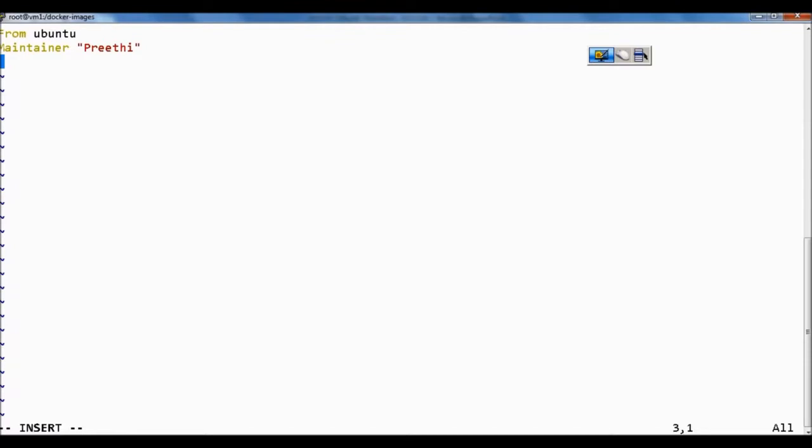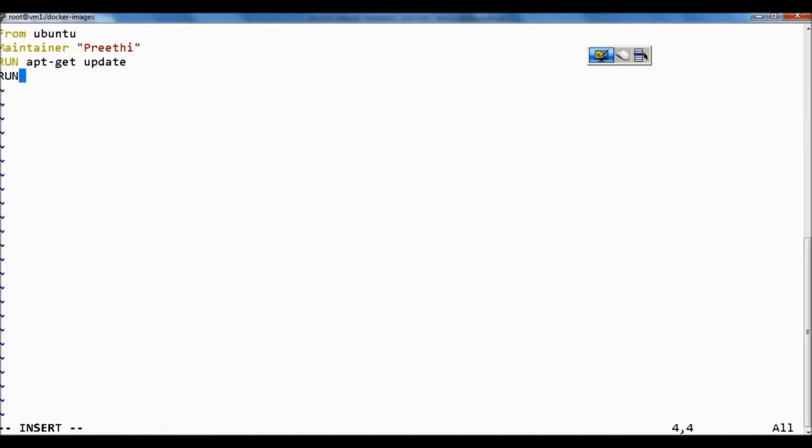So use the command RUN, and whatever commands we need to execute during the build or during the creation of our image, we put them inside the RUN command. So RUN, as this is Ubuntu and we want to install vim package, I am running apt-get update first, and once that is done, will install vim now.